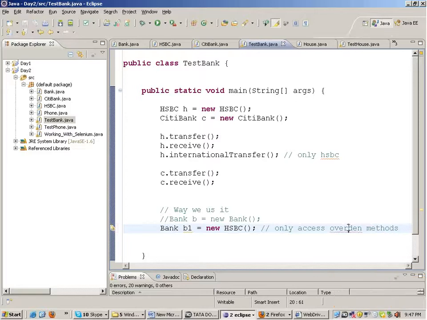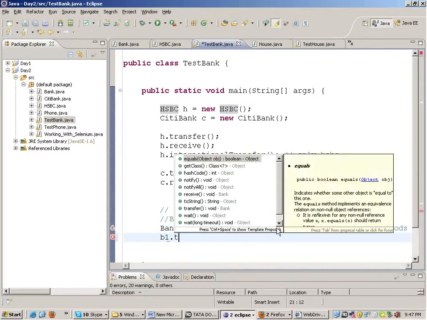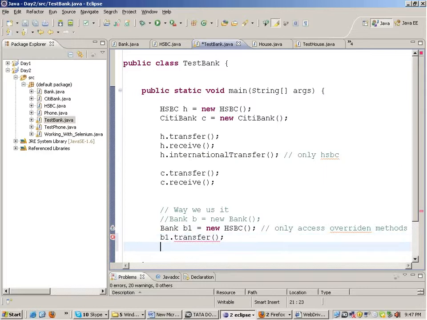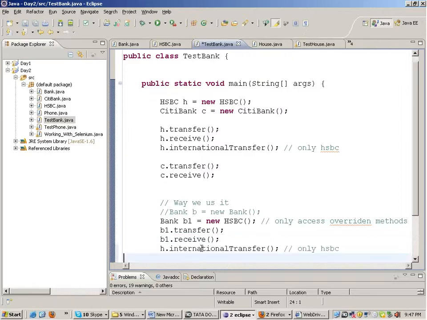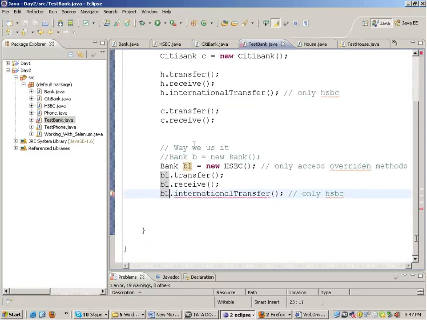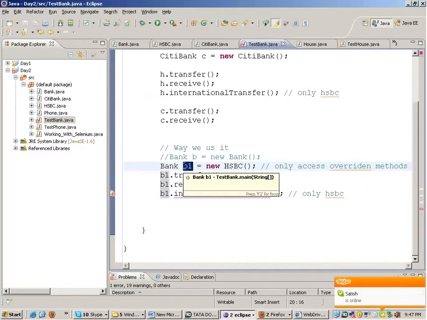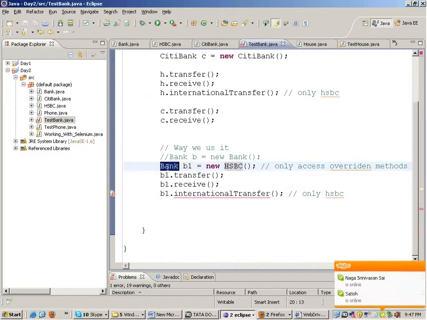That means the methods which are implemented by the HSBC class. I can write B1 dot transfer, B1 dot receive, but B1 dot international transfer will not be applicable. Through the bank reference, I can only access those functions in HSBC which HSBC is implementing from the bank interface.